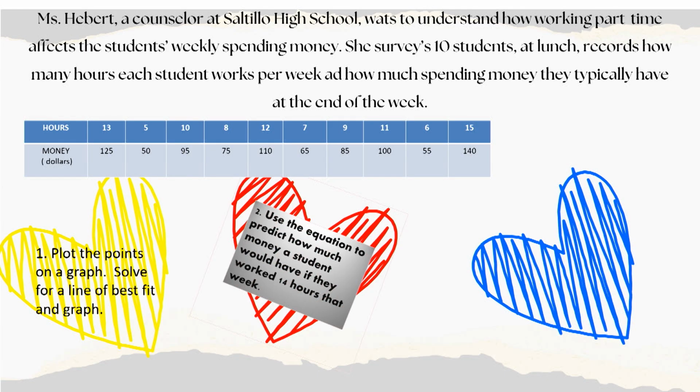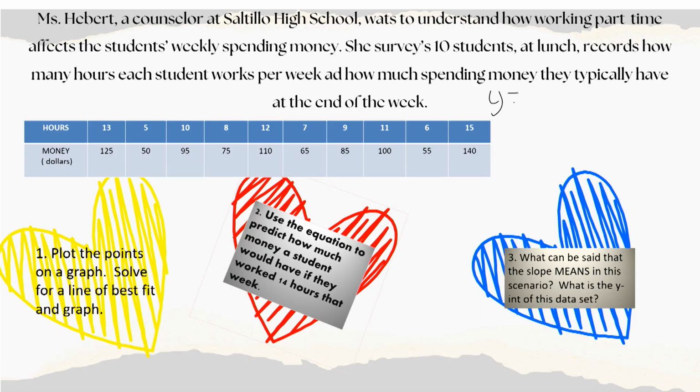So here are your 3 questions. You go ahead and work these. I'm going to give you a minute, and then we're going to come back and work them together. Okay, so we use Desmos, and we put this in our Desmos as our x and y values. We go ahead and pull up that linear regression, and we get the information of y equals mx plus b. And we know the information that it gives us is y equals 9.253x plus